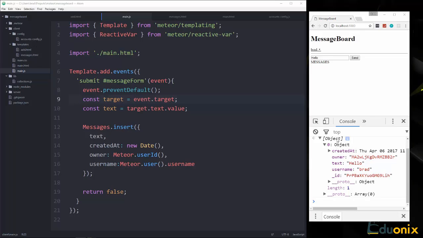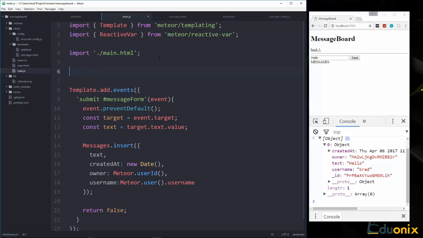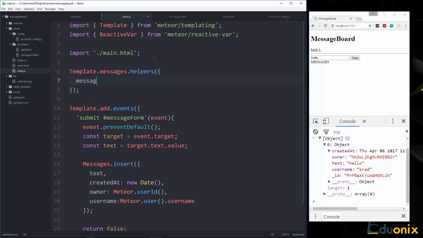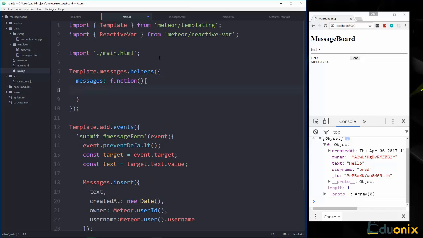Alright, so we're now able to submit messages, and you can see that it got submitted, but we want to make it so that we can show the messages in the application. So in the main.js file in the client folder, we want to create our helper for the messages template. So let's say Template.messages.helpers, and in here we'll pass in our curly braces, and then we'll say messages. We're going to set that to a function, and then all we want to do here is return the messages collection by calling .find,